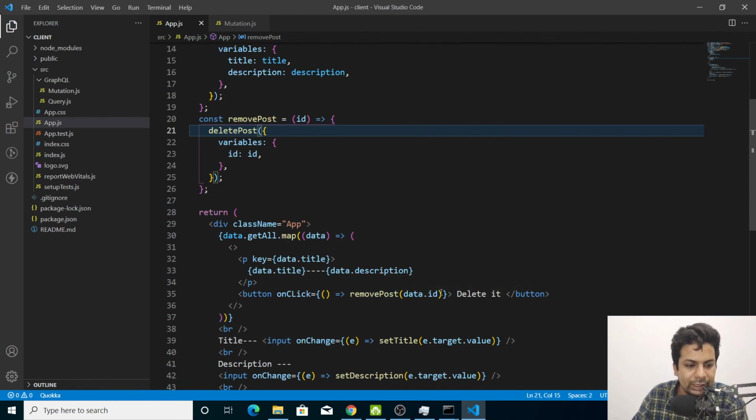It will get my data.id. Data.id will call deletePost, and will pass the variables id, and that's it, I think. I mean, that's what I have on click.